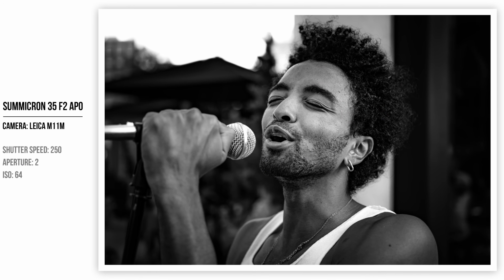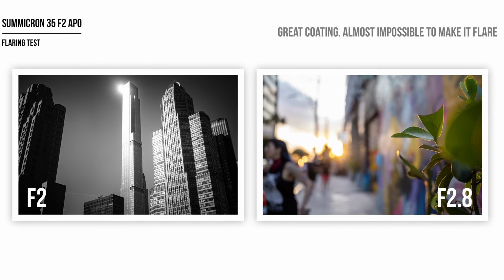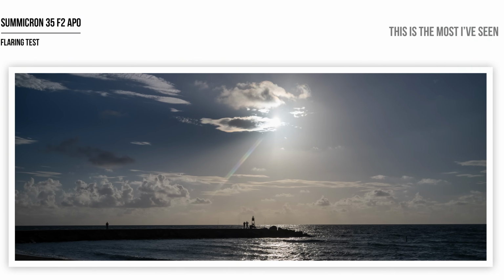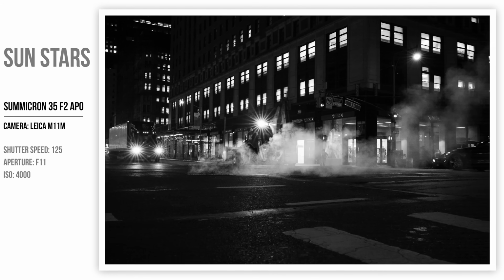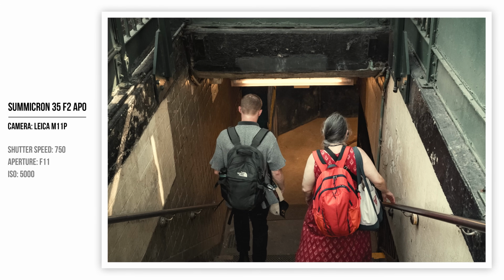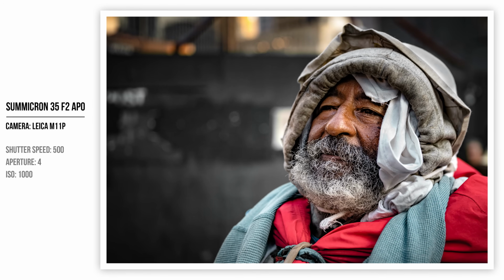Yes, shooting an Apo lens on a monochrome sensor sounds like defeating the purpose, but to be honest with you, I never bought a lens because of the apochromatic qualities. I don't mind chromatic aberration, and I embraced it when I used to shoot in color. The reason why I like this lens is, number one, the size, number two, the flexibility. The flexibility of going wide at 35 millimeters, backing off a little bit and getting something similar to what I was capturing with my Summicron 28, but also now being able to capture portraits with amazing background separation